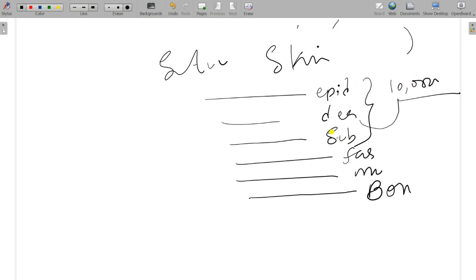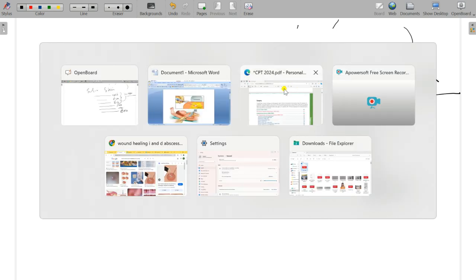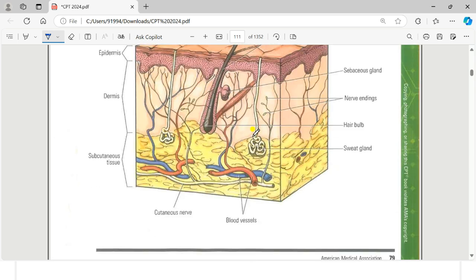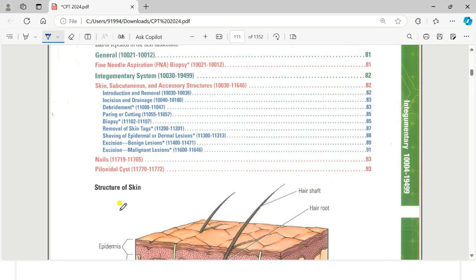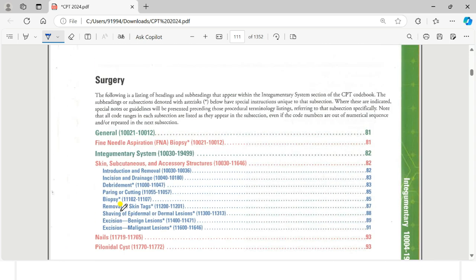Okay, so now we'll see one picture of the integumentary system. See, here is the picture of the skin. This is the layers of the skin. First layer is the epidermis, next is the dermis, next is the subcutaneous. See the codes, how the codes are in the 10,000 series.